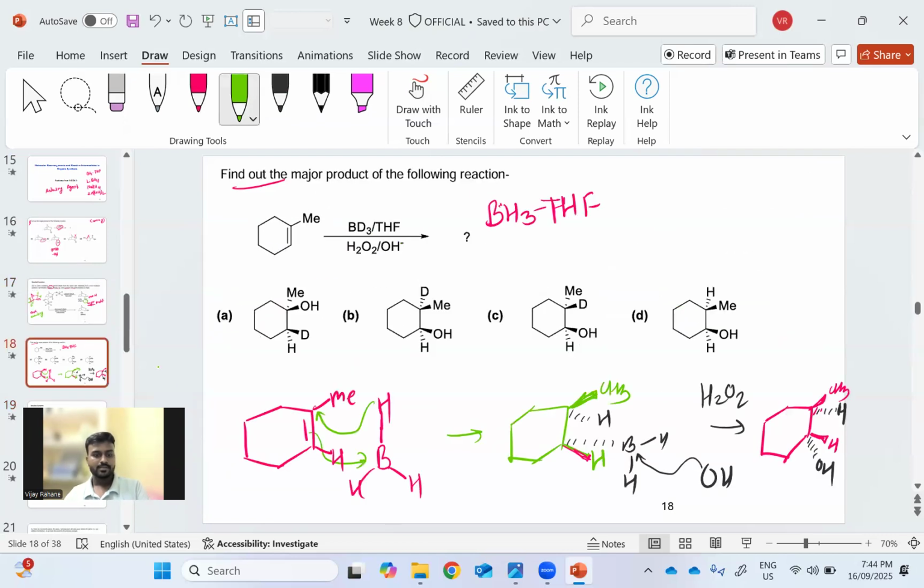So here, this methyl and hydroxy they have written on the syn side. That's the wrong option. Here methyl and hydroxide they have shown on the syn side. That's again the wrong option. And here,